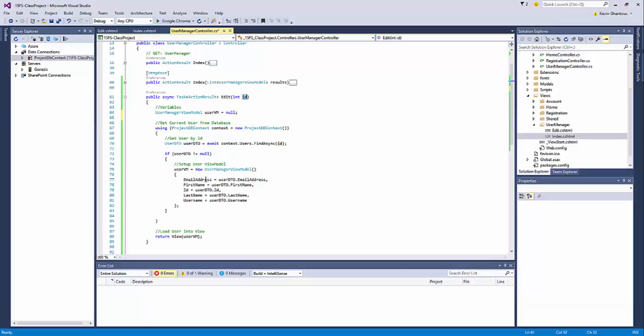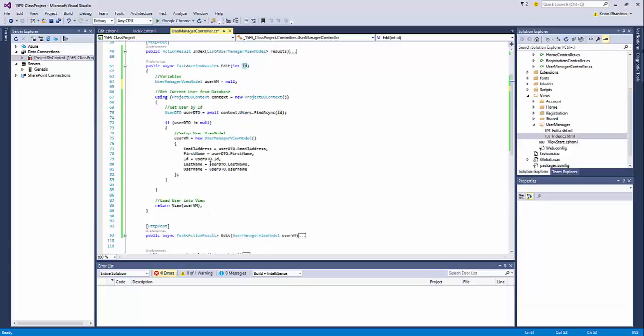then what I'm doing in the next step is taking that user manager view model, creating a new one, storing it in user VM, and then I'm just copying the values from the user DTO into the view model. So email, first name, ID, last name, username, all those properties are properties of my view model, and I'm copying the value out of the DTO into the view model. So I'm setting up my view model to be a copy of my DTO. So once I've got that in place, close up my context, don't need it anymore, and then I say return view, which is my edit view, and then I'm passing that view model that I want drawn out in the